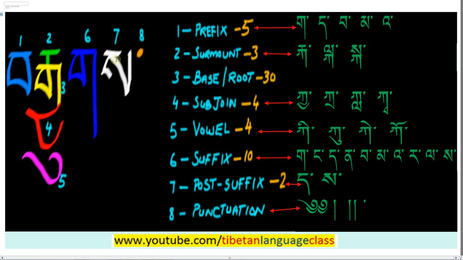Right here, even though this one has 7 letters, once we see the tsheg here, we know this is a single syllable and it ends right here, because we could have other examples where there may not be a prefix or a suffix. So basically that's how